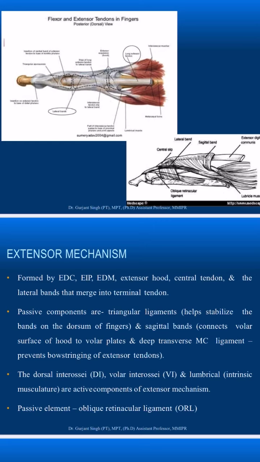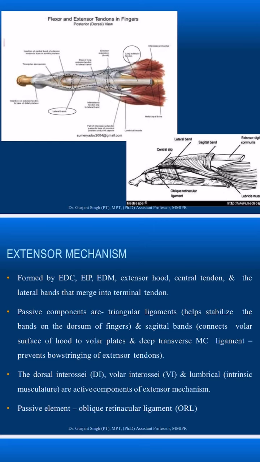The contraction of extensor digitorum communis alone cannot extend the PIP and DIP joints. But the active contraction of dorsal interossei, volar interossei or lumbrical muscle alone is capable of extending the PIP and DIP joints because they are more directly attached to the central tendon and lateral bands. But if one or more of the dorsal interossei, volar interossei or lumbricals contract without simultaneous contraction of